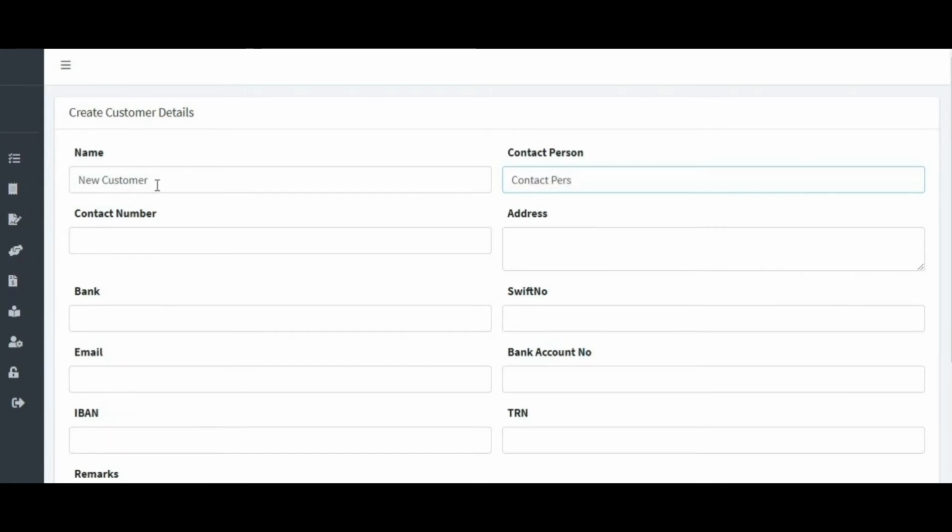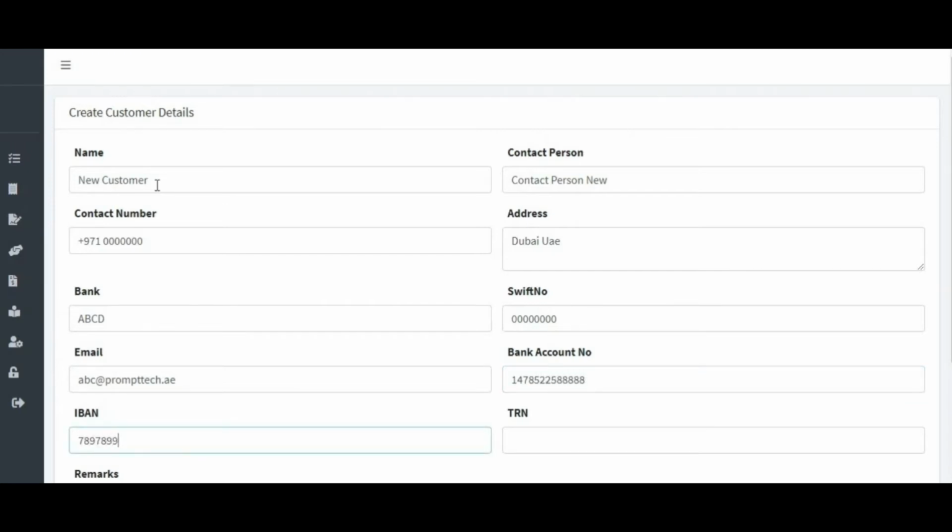You can put the contact details, address, and bank account, because somebody will be transferring money from their bank account, so you can put their bank account details, or the check details if the person has given you a check. I'll slowly fill in the details. I'm writing the email ID over here. I'm randomly entering the bank account number over here. I can even write the IBAN number and everything. These are the details of a particular customer.